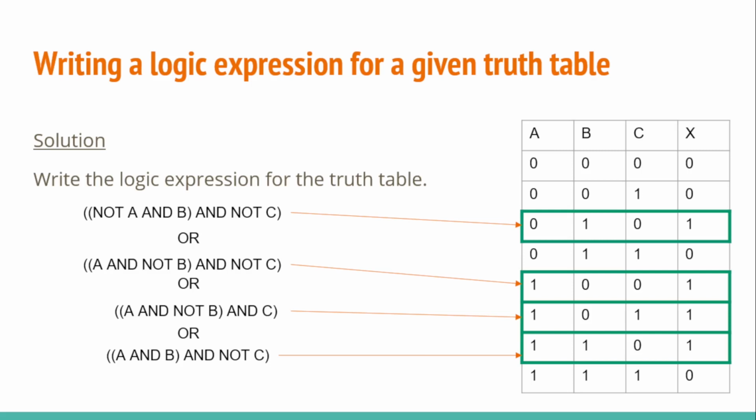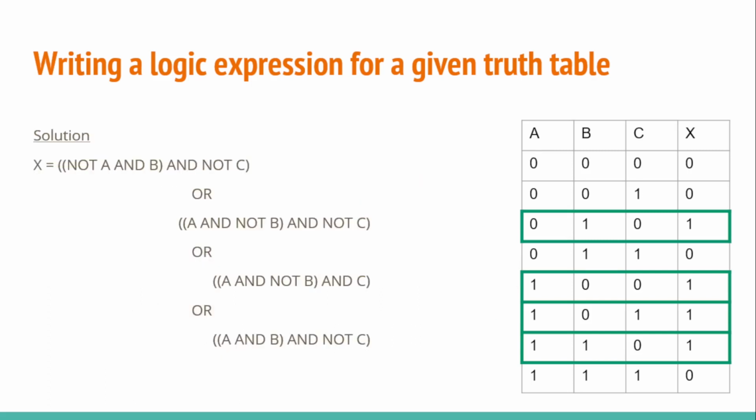Moving on below it, we have B to be 0, and we need to convert this to 1 using the NOT gate. And finally, we have C in the last row where we have the output of 1 to be 0. Then we need to convert the C to 1 using the NOT gate. Hence, combining the entire rows